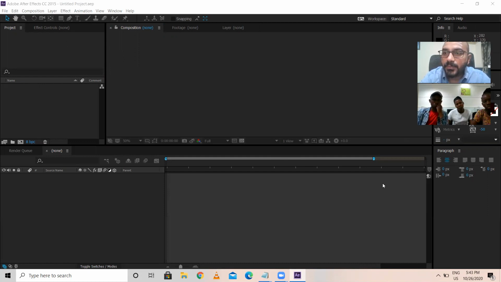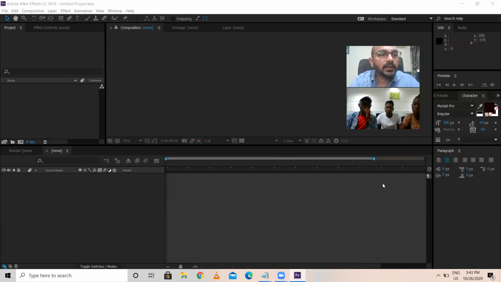Let me just give a brief of this. The top left is the project area, an input area where you can import the elements, import the footages. This is where you can import, and this is the source area wherein after importing, for composition,